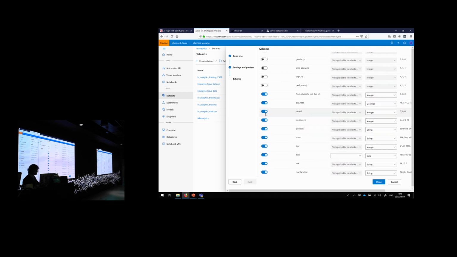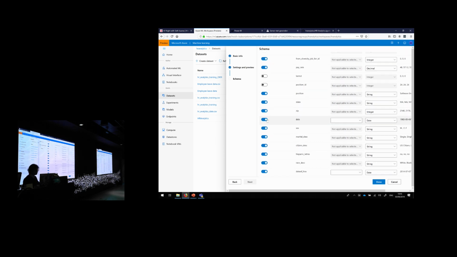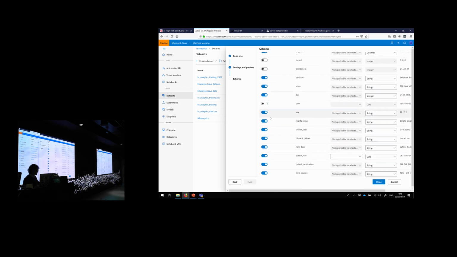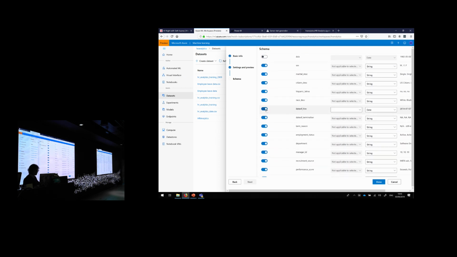Pay rate's interesting. Termination, not yet. The position is nice. Where do they live? That also gives you some socioeconomic status. Date of birth, we're not going to use that because we used their age. And then we got their gender and description. This is also fine. Date of hire is not necessary anymore because we got tenure, so we know how long they're working for us. Date of termination, also not for now.